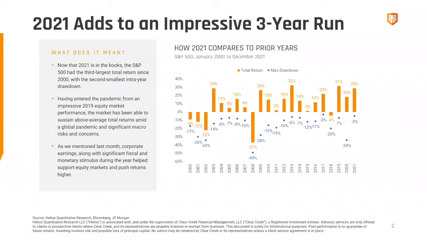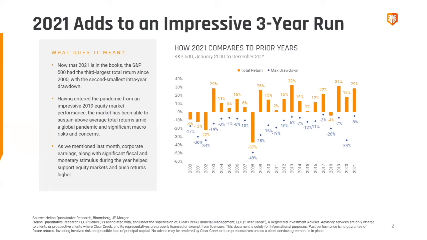So the best case scenario is that we're going to go through this period of time with some choppiness, and we're going to have the first rate hike. The world doesn't panic. We move through it, and we just get into this normal flow of knowing the rates are going to go up, knowing that certain companies and certain sectors are going to get hit by that, but the corporate earnings continue to do as expected. That's the best case scenario.